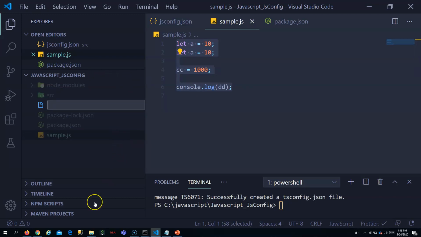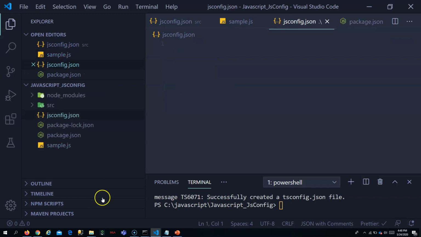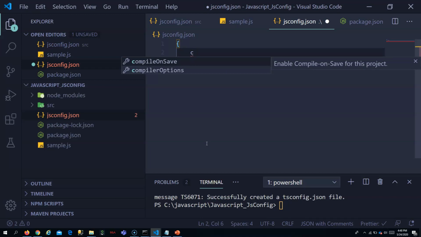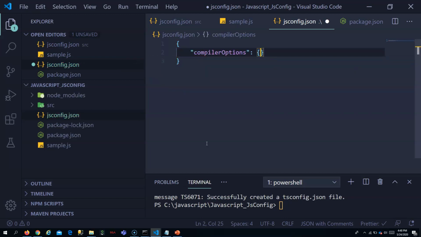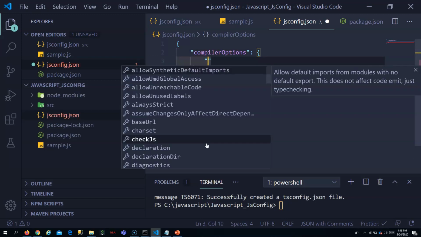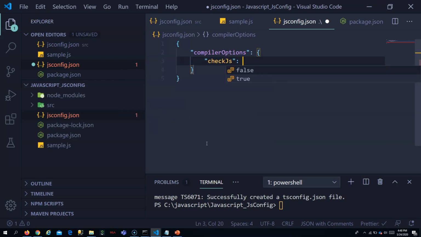You have to add jsconfig.json. You have to add this file jsconfig.json and add some compiler options. Under compiler options, you have to set checkJs to true.